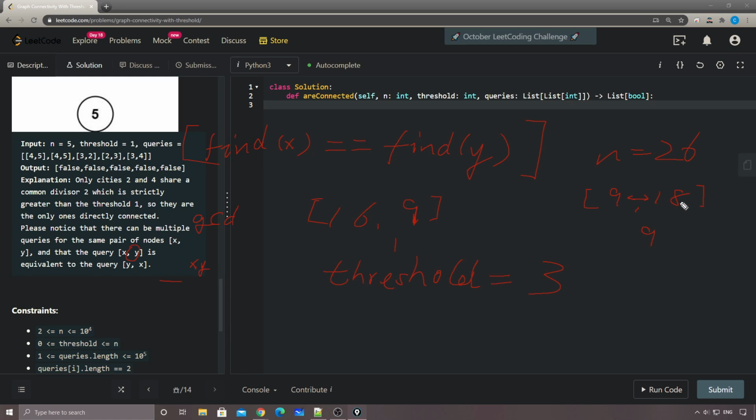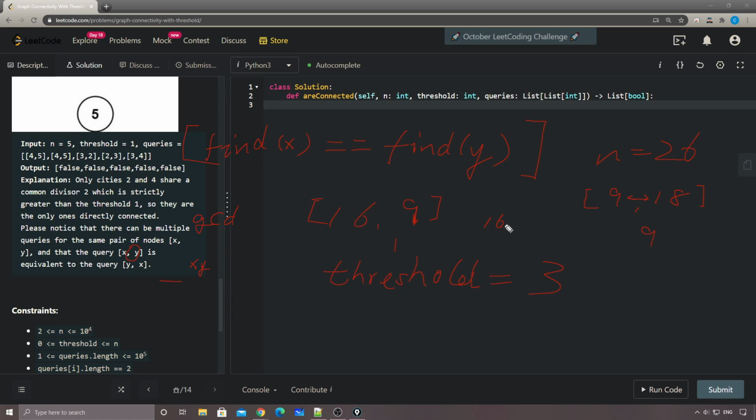And how about 16 and 18? They're like 6, 4. Okay. So 9 and 6 and 18 are connected. How about the 16? So for the 16,